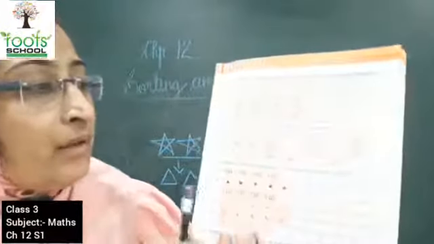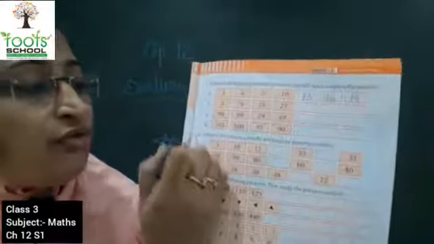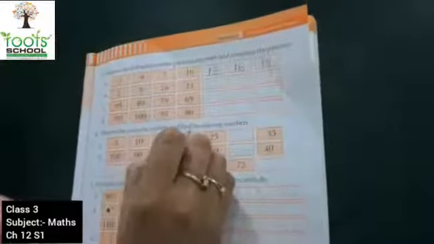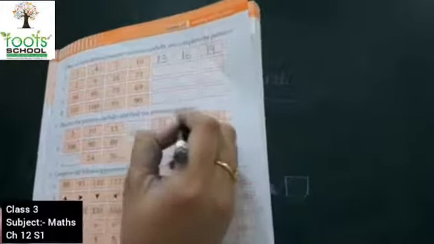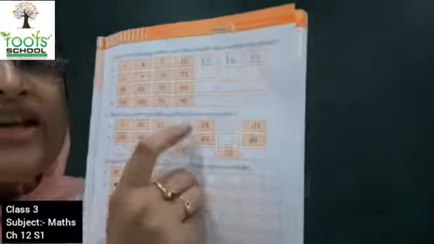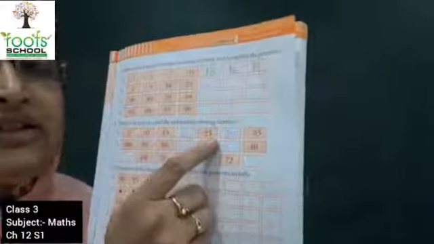Okay, kids. Now we are going to move on to question number 4. Observe the pattern carefully and find the missing numbers. Here you can see there is table of 5. 5 2s are 10, 5 3s are 15, 5 4s are 20, 5 5s are 25, then 5 6s are 30, 5 7s are 35. So you can see that the pattern was table of 5 and the missing numbers we have filled in. Similarly, kids, you are going to complete this table.